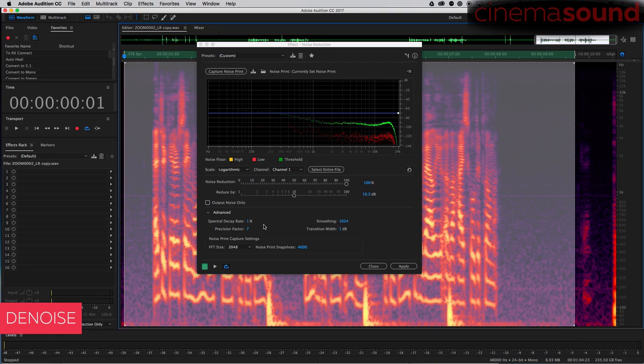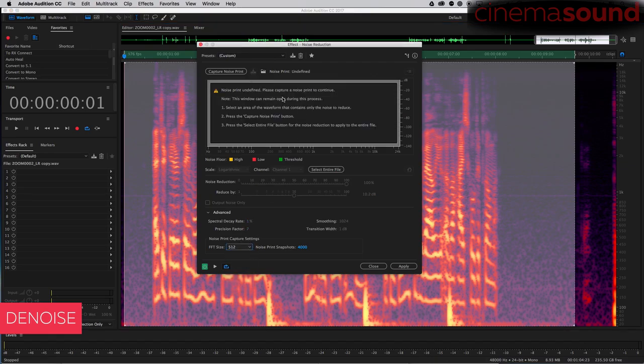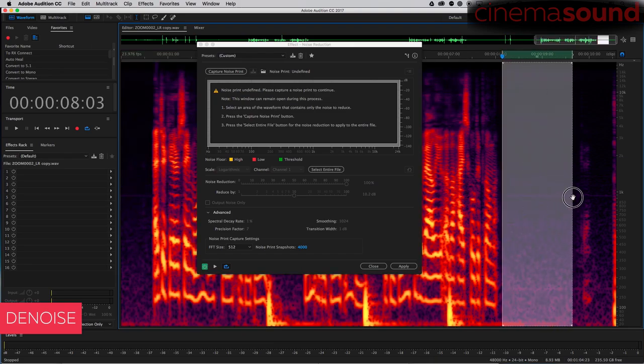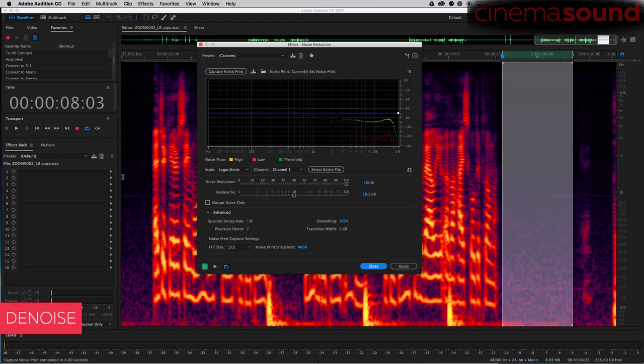Up in the sibilance, a little musical noise going on there. Let's change this to 512. It will ask me to make a new noise print, which I can do, and then go back and select